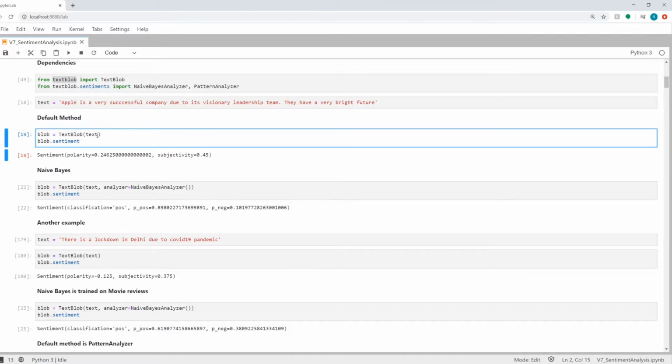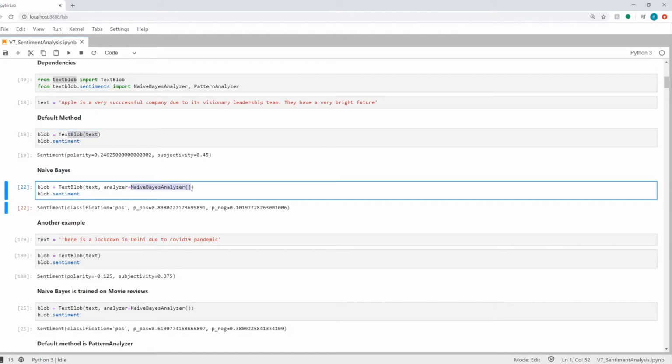In addition to the default sentiment, there is also a different analyzer in the TextBlob library, which is the naive Bayes analyzer, and this naive Bayes analyzer is trained on movie reviews datasets. If you pass this text through this particular analyzer, you will see it gives it a very high positive score. Before you use any kind of classifier from the TextBlob library, you should know what kind of dataset you have. If you have a similar dataset which has movie reviews or restaurant reviews, then maybe you can use this naive Bayes analyzer.